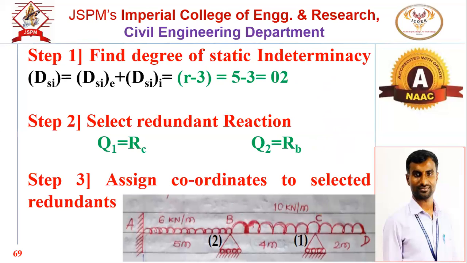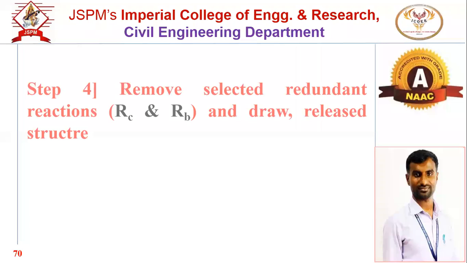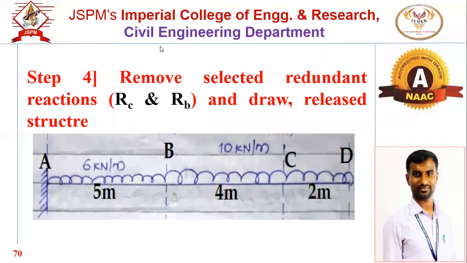So in this particular structure, if I remove the roller supports at B and C, the structure I will get in the M diagram after removing Q1 and Q2 will be a cantilever beam, because there is only one fixed support at A and no support at the other points. This cantilever beam is statically determinate. These are 3 reactions, and the beam is fixed at one end and free at the other end. This diagram is called the M diagram, obtained by removing the selected redundant reactions.